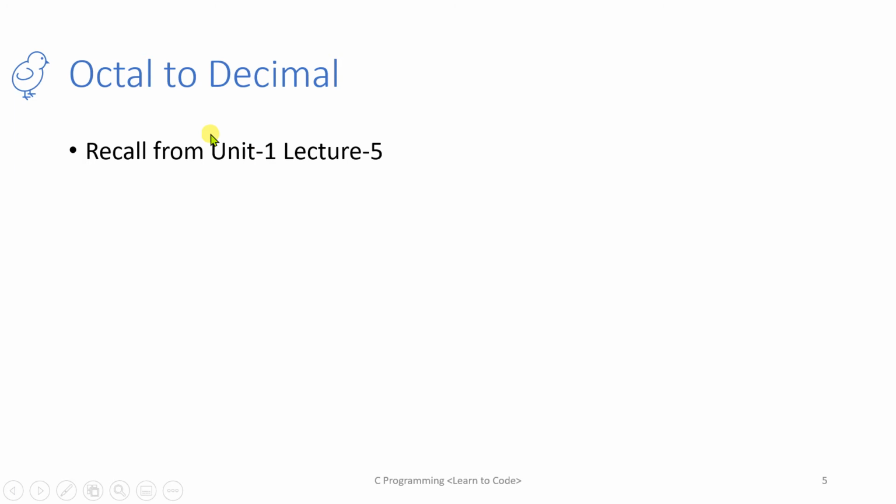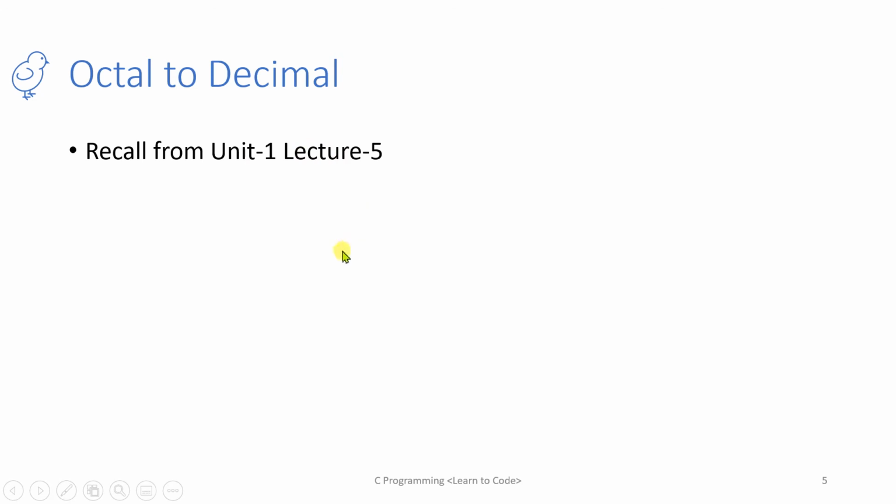Octal to decimal, we have already discussed. In octal to decimal, whenever any number is given in any base, not only octal, and you want to convert it into a decimal number, you just mark the positions. The positions start from 0, and going towards the left, they increase by 1. The same thing we are going to do over here.